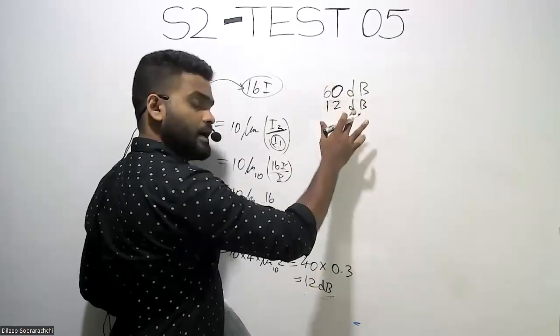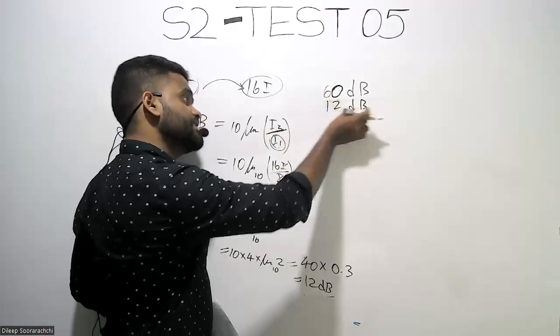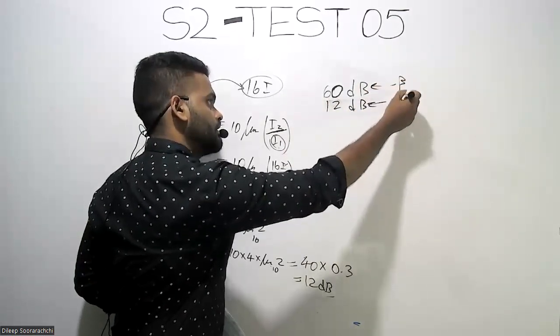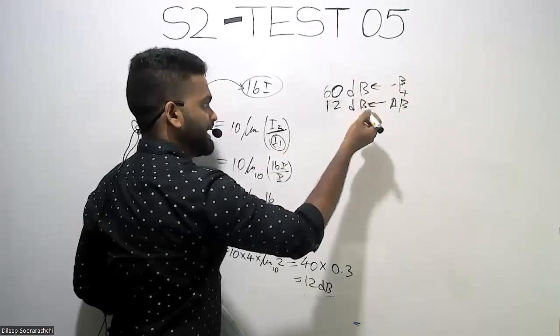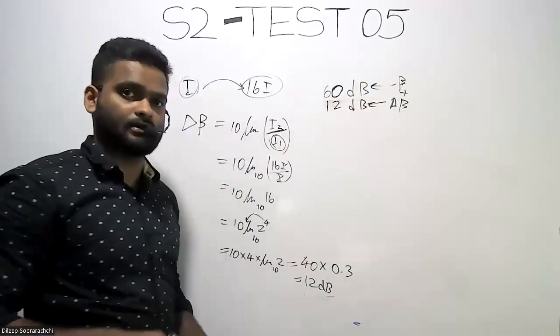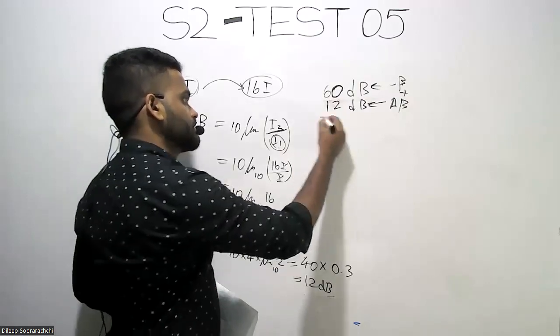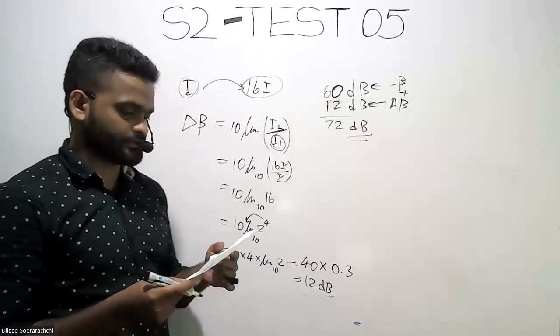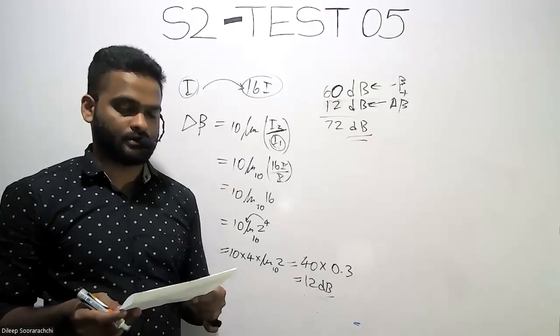For 16 violins, the increase, this is delta beta, this is beta. So you have to add these two to get the new intensity level. So it should be 72 decibels. So the answer for the 15th question should be the